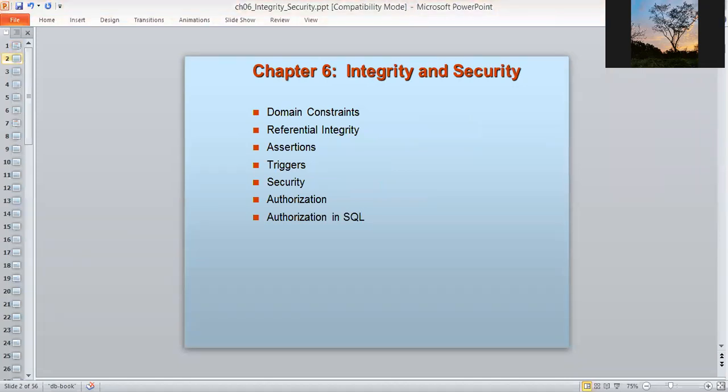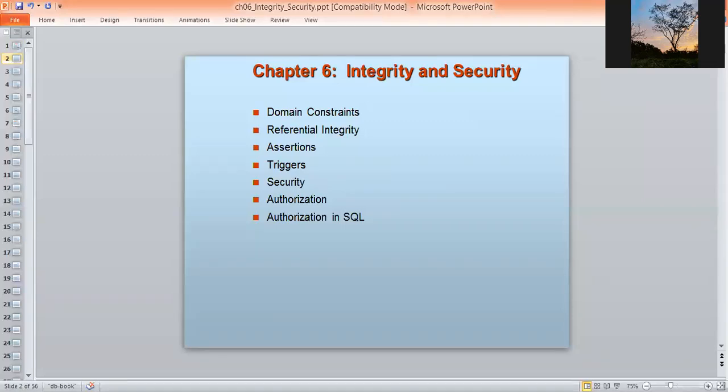As per our syllabus, we will be studying security and integrity, security violations, authorizations and views, granting privilege, security specifications in SQL, encryptions and statistical database. All this we will be studying, one by one. It may not be possible to cover it all today. I may require 1 or 2 more classes for that.